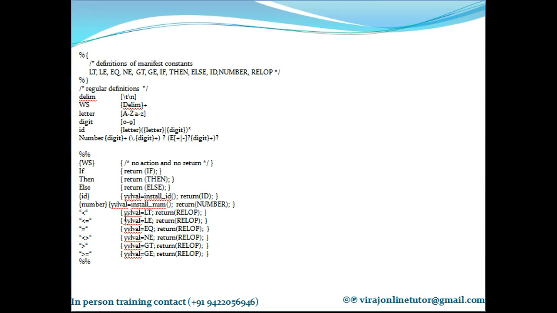So for less than, YY lval will be LT, and so on respectively for the other signs. YY lval is the actual value and this return is nothing but the token.